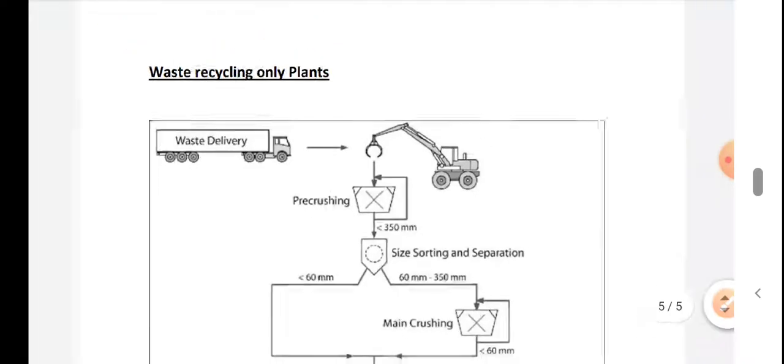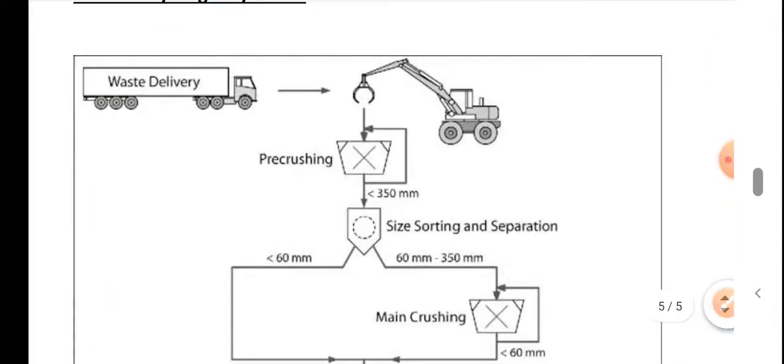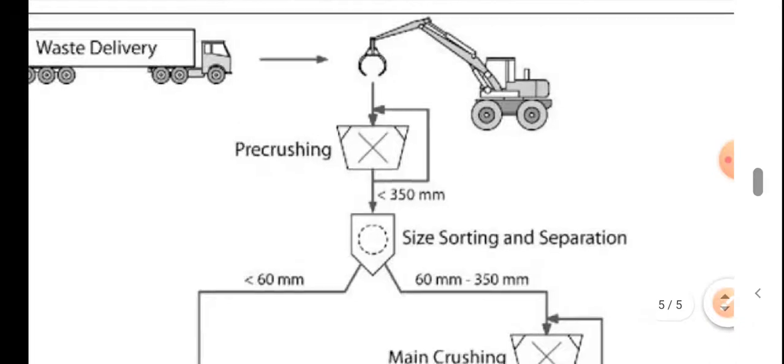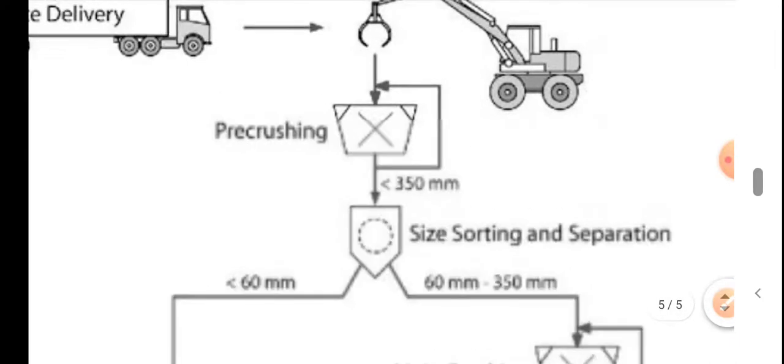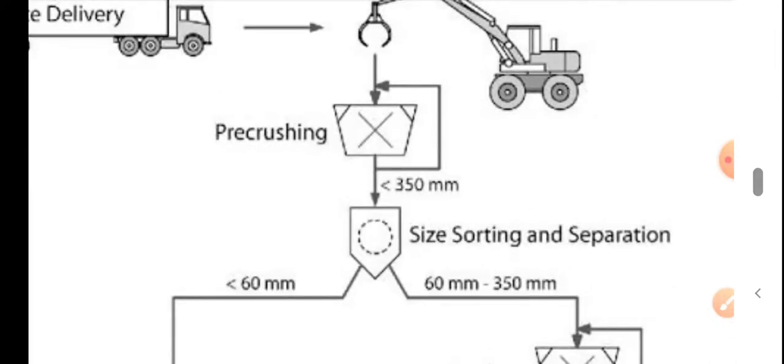So you can see here the waste is first put into the pre-crushing chamber, and it is crushed here, and from here it is put into a size sorting and separation chamber,